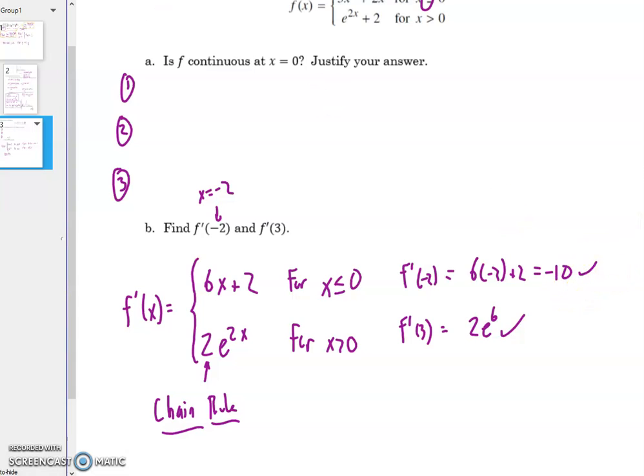So these are how you do these. Hopefully that helps. We're going to do these